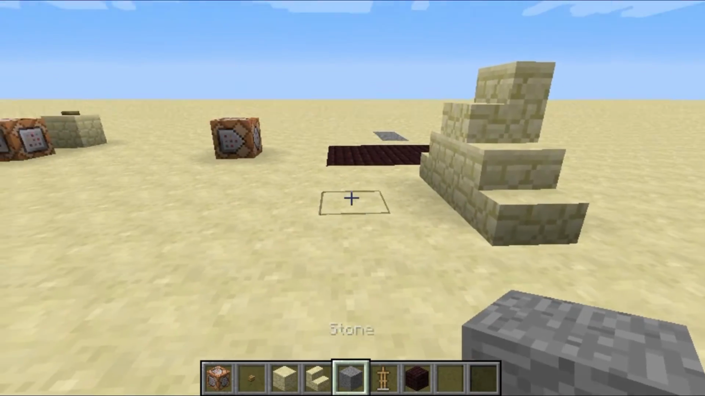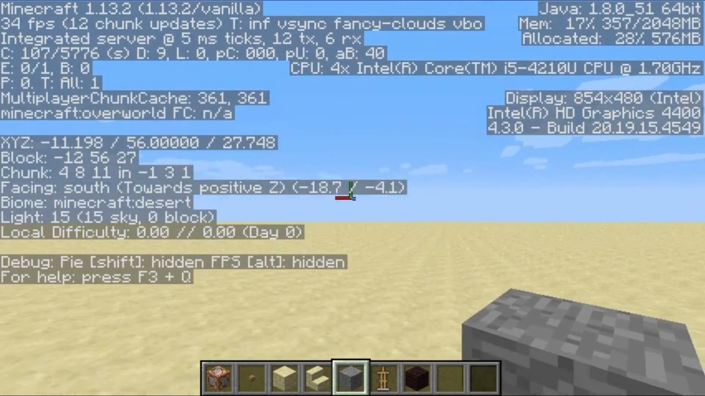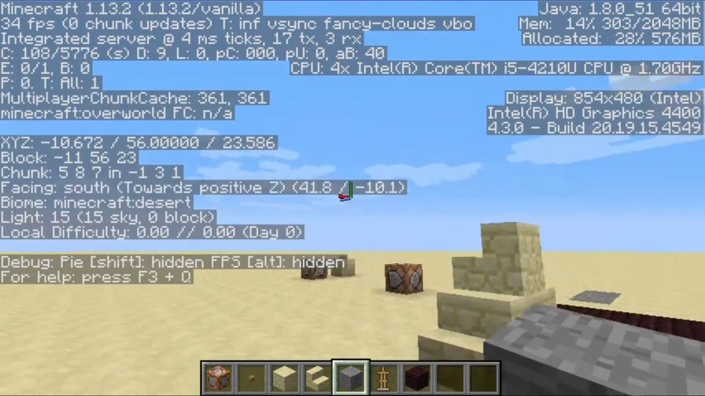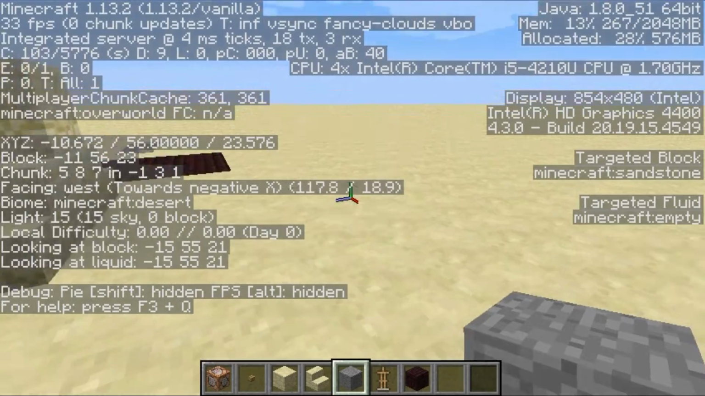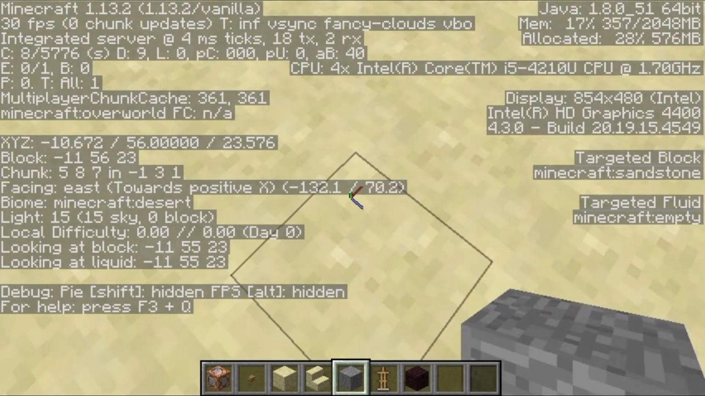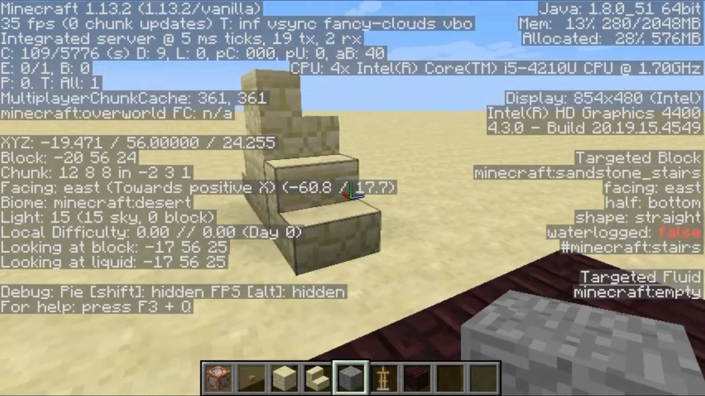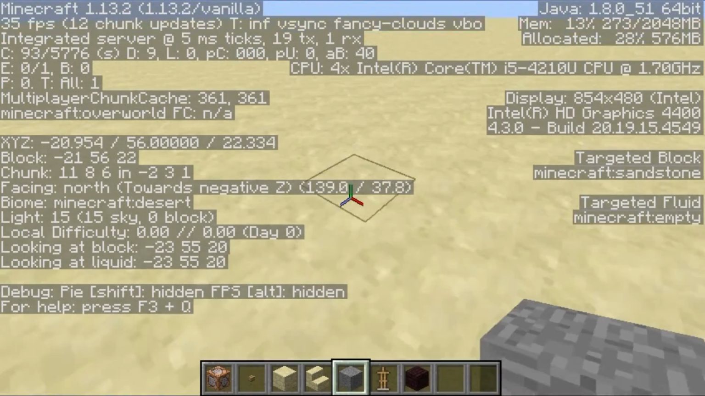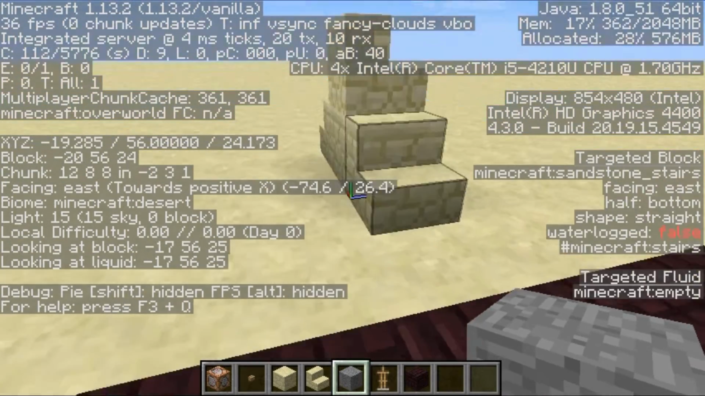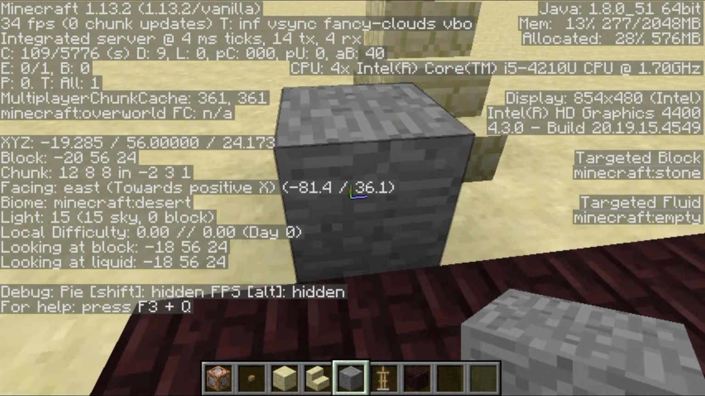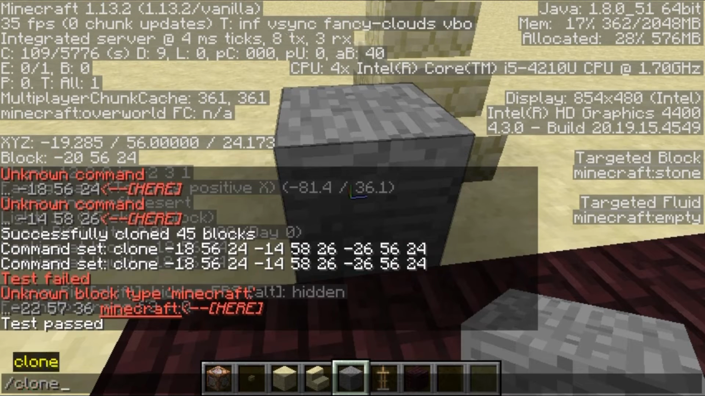So what I want to do is press F3, and you can see this little arrow showing your X, Y, and Z coordinates. I want to follow this arrow, and you can see that the arrow is pointing over here. What I want to do is set a block in this direction and get the cloning coordinates of this block. Now you can auto-complete